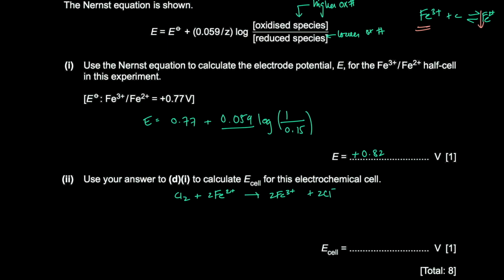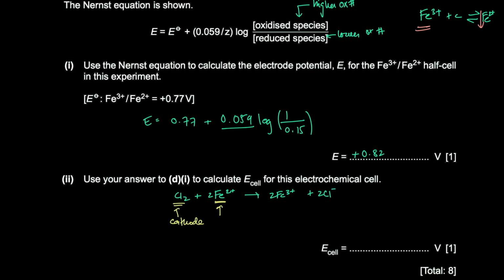In this particular case, Cl2 was undergoing reduction, so that was the cathode, the chlorine-chloride half cell, or the electrode at which chlorine was undergoing reduction. And then the electrode where iron was being oxidized,